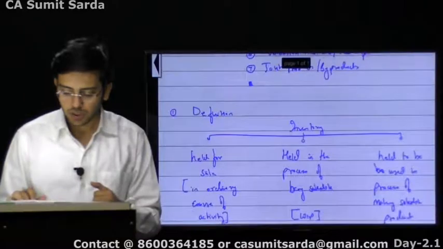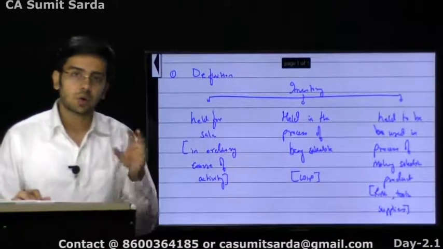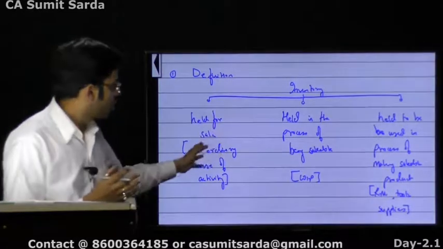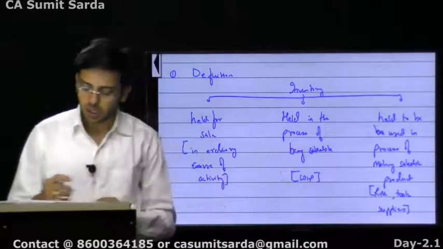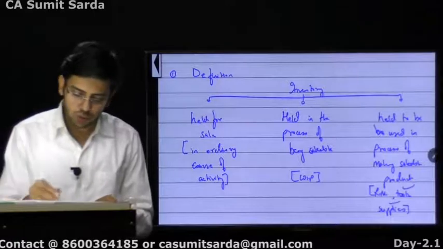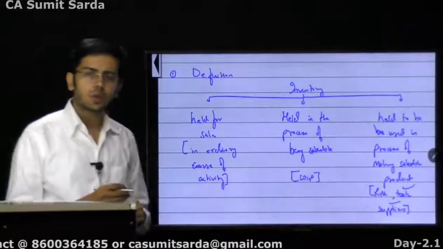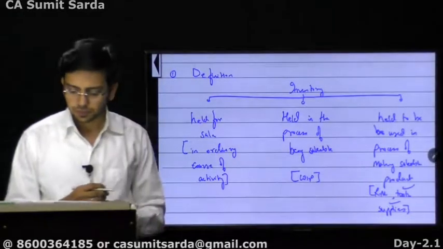So raw material are also classified under the head of inventory when I talk about accounting standard 2. So we talk about finished goods, we talk about WIP, we talk about raw material. Then there are two more terms that have been used, which are tools and supplies. Sir, what do you mean by tools? What do you mean by supplies? See,